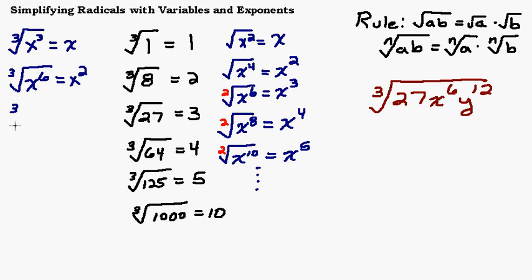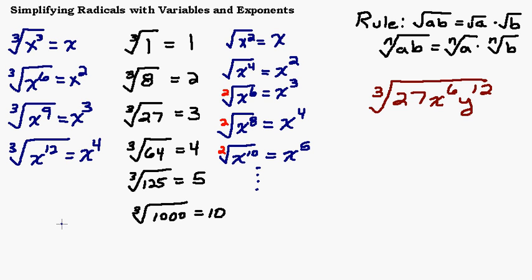Alright, so cubed root of what would be x to the 3rd? So 3 times 3 is 9. X to the 9th. 9 divided by 3 is 3. The cubed root of x to the 12th is x to the 4th, because x to the 4th times x to the 4th times x to the 4th is x to the 12th. See the pattern? Now we're going by multiples of 3. 3, 6, 9, 12. The cubed root of, hopefully you get the next one, x to the 15th, x to